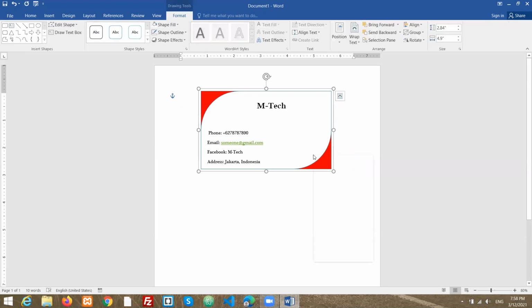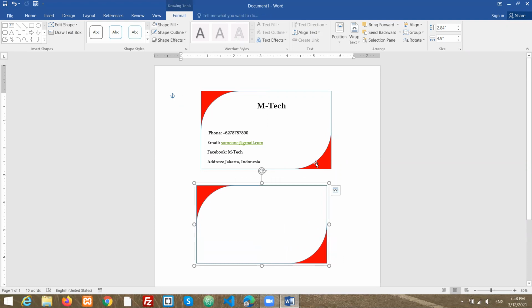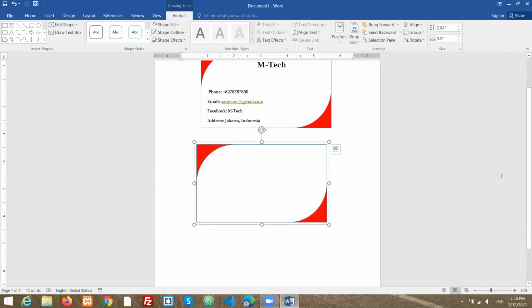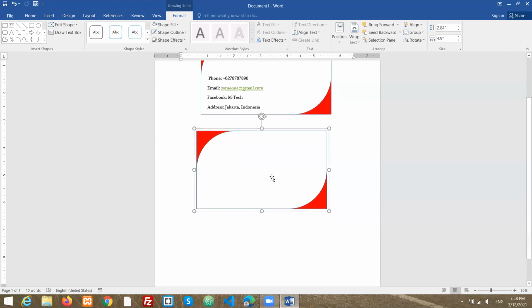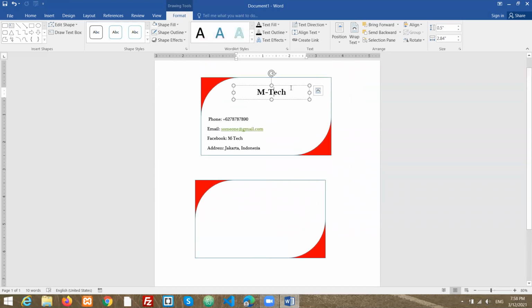Take this shape and copy it, Control V, paste, put it here. And from here you can add again. I will copy this one once again, copy and paste. So I will put it here in the center,